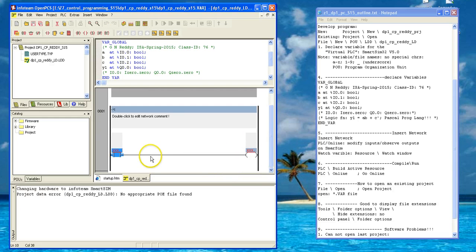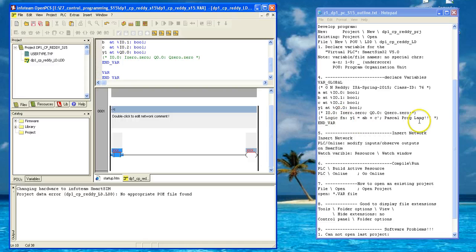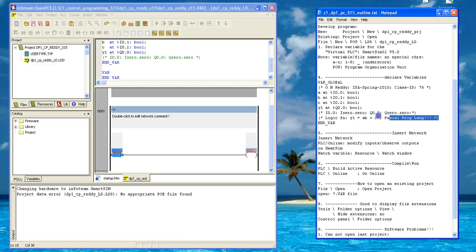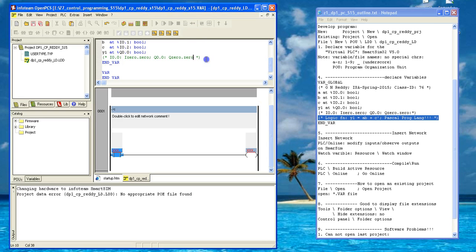In this case, to be able to insert it, first, where is the logic equation? Sorry. Okay, we're going to implement y1 is equal to